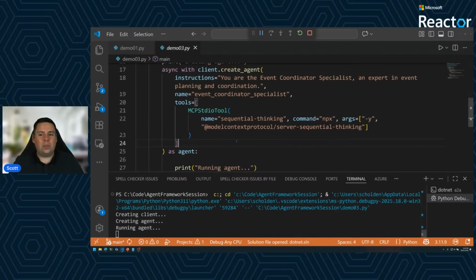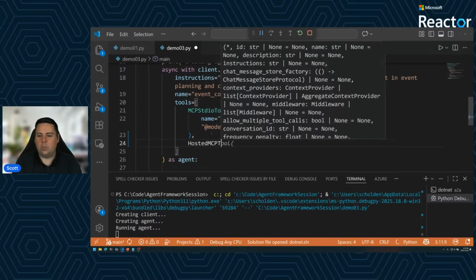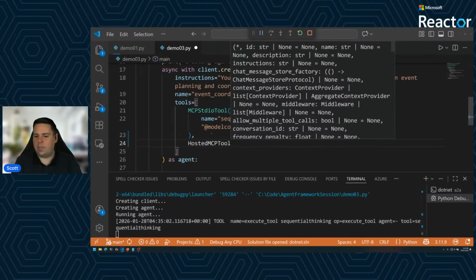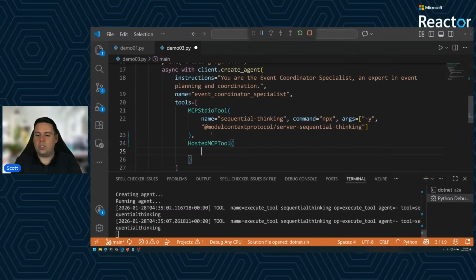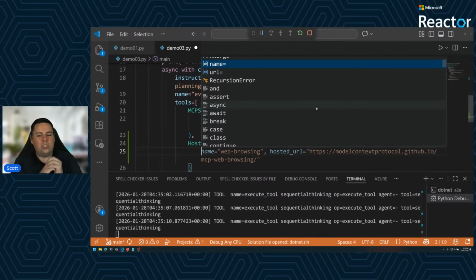The other thing I'll note here is that it's not just MCP standard IO tools, so things that run on our local machine. We also have things like hosted MCP tools. And I should be able to just quickly import that. And you can see here that a hosted MCP tool, rather than necessarily pointing at something on my local machine, we point towards a URL that we actually can connect to and execute there.